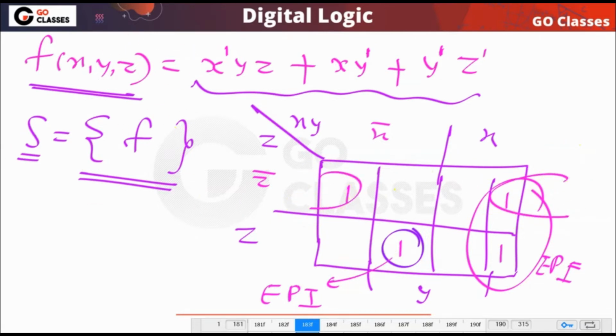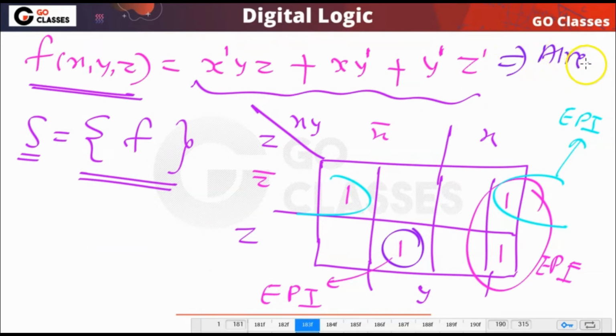So basically we have three prime implicants, and all of them are EPIs. So this is already minimal. Remember, this is already minimized, so we cannot further minimize it.